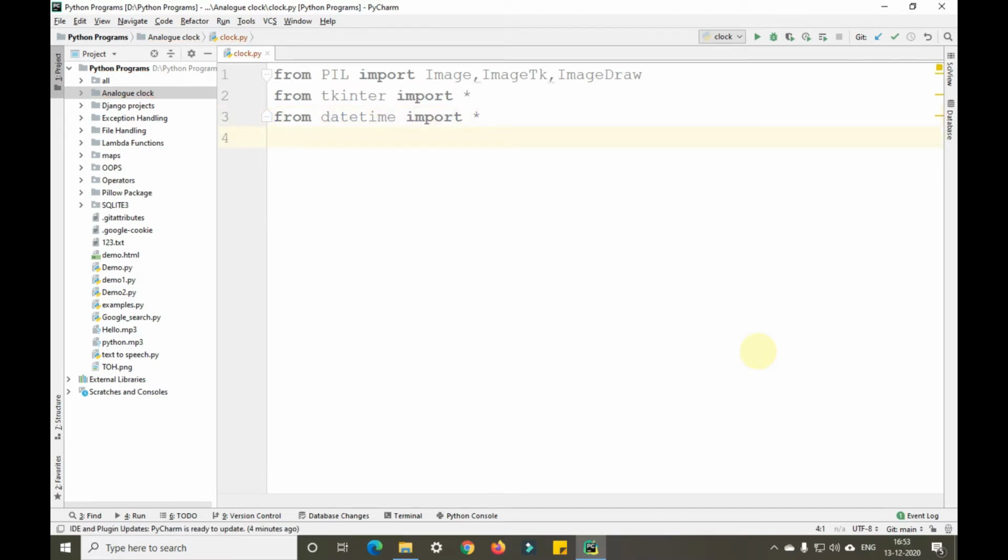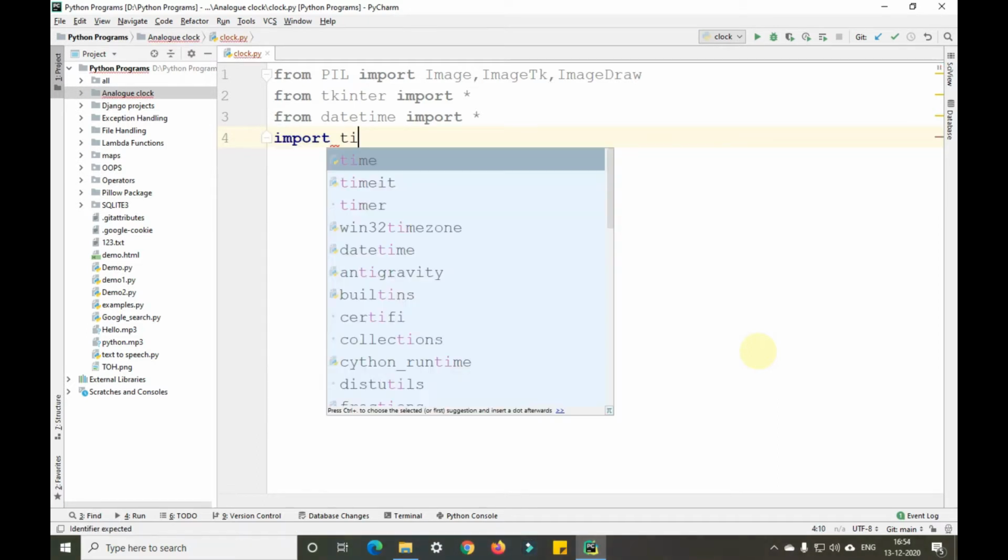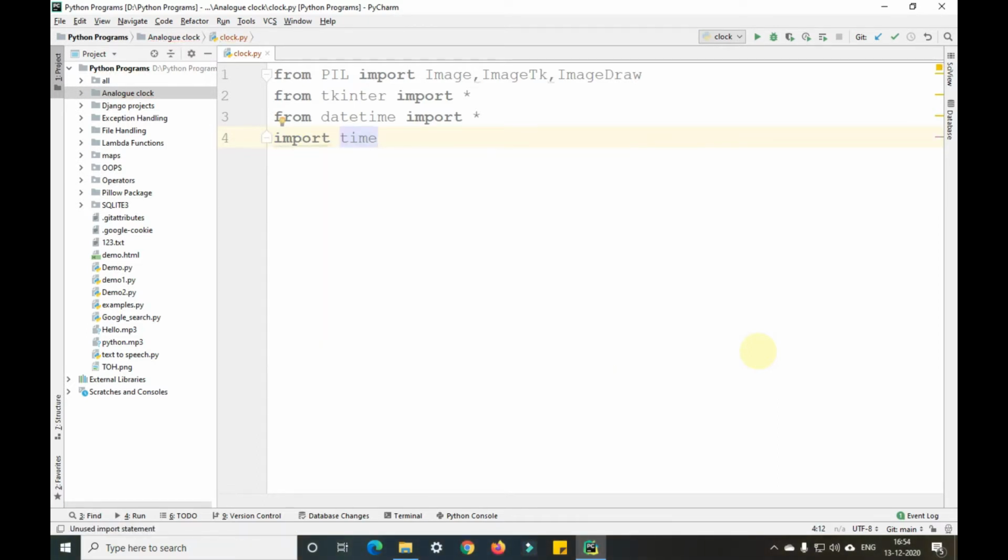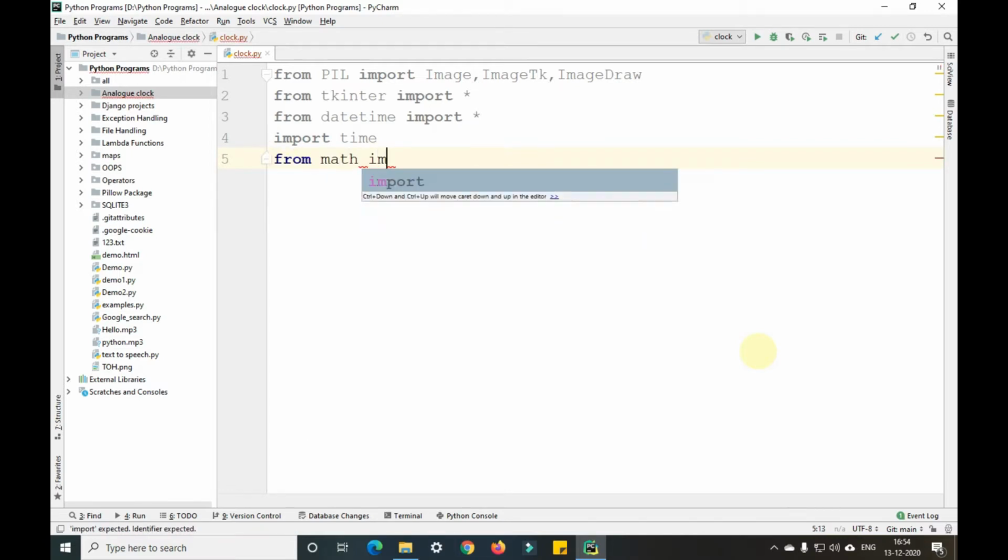After importing datetime, we need to import time as well. So we have successfully imported time as well. Now to calculate the radius of that particular watch, that is the clock, we need to import the math function as well: from math import star. Okay, now we are good to go with creating the clock.